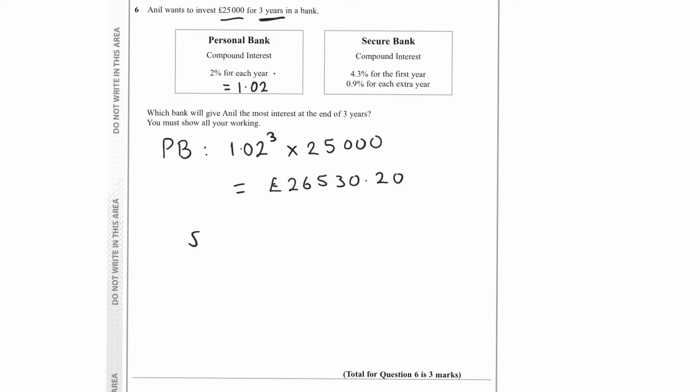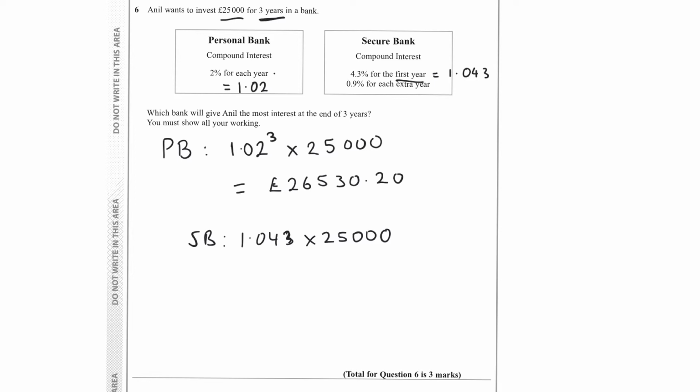26,530.20. And then Secure Bank has a rate of 4.3% for the first year, but a rate of 0.9% for the extra years. So to work out the amount at the end of the first year, convert that into a decimal, which would be 1.043, multiplied by 25,000. It's just 1.043, no power, because that's just for the first year, which should leave you with